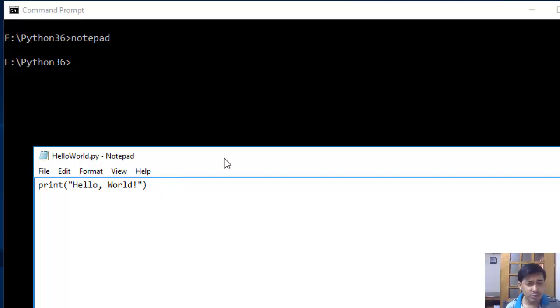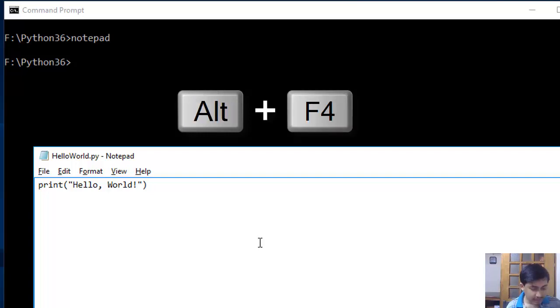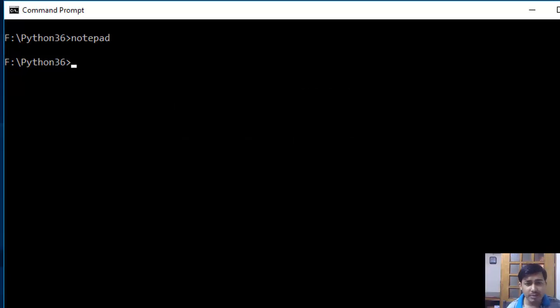To make it disappear, you can use the Windows command Alt F4, or you can click on File and Save, so it will save. If you change anything and press Alt F4, it is going to disappear. So our file is created and we didn't create any folder. To run it, you can type Python right now, because our python.exe file is there and it is going to